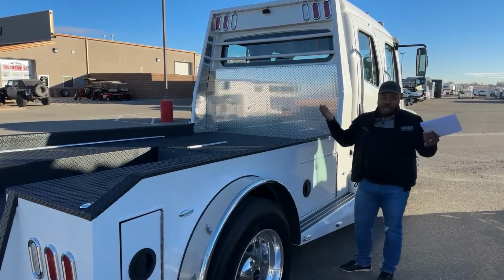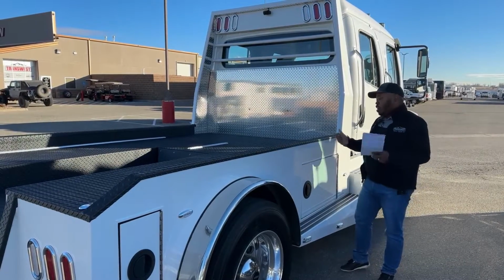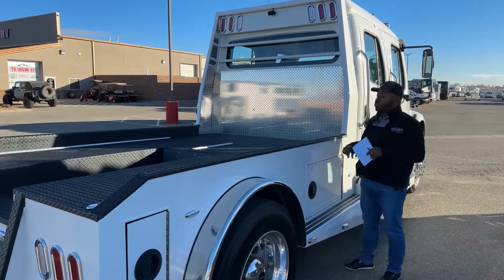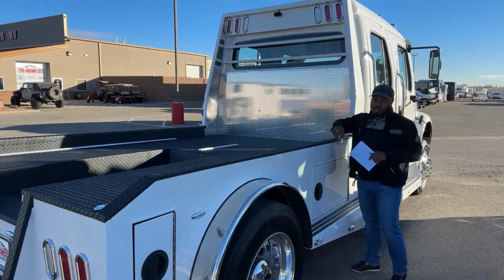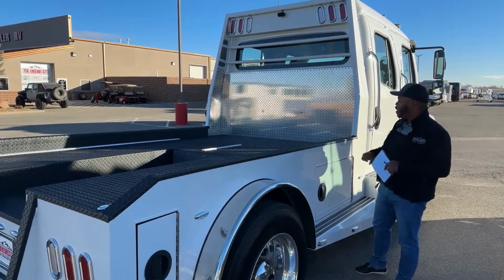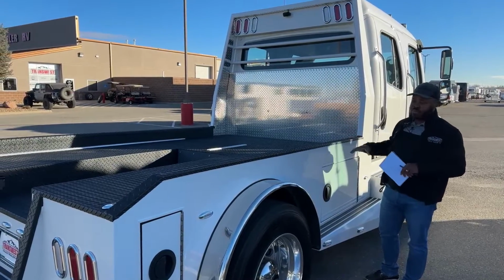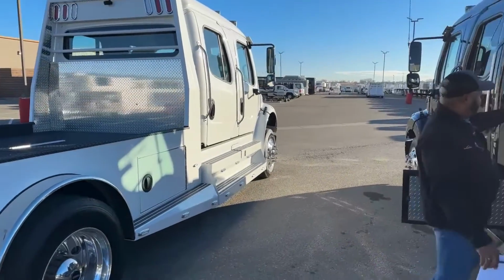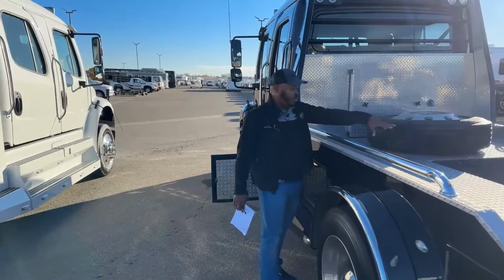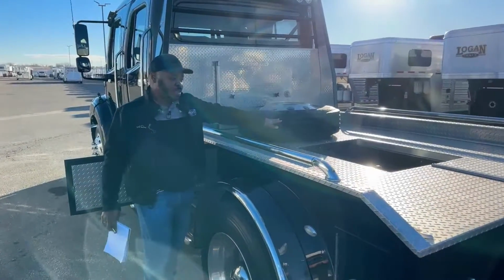With 2 people, I've had only myself and another person lift that storage box into the bed of the truck, push it into place, and then just line up those holes. And it's one big screw that goes in here, tighten it down, and it's very safe. Same with this one. Right now, we have this plate that covers this box if you want a flat